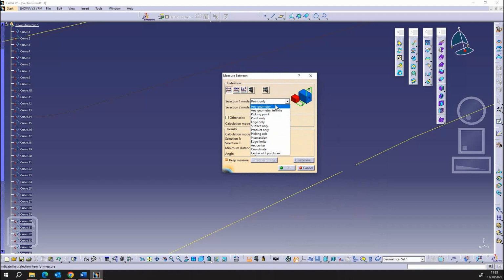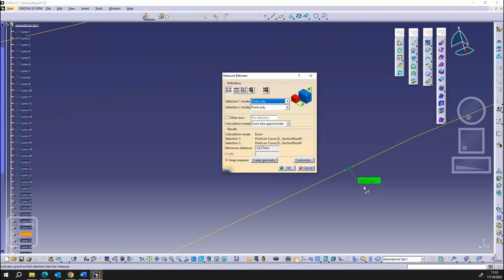So make sure this usually is on any geometry. Go to points only for the first one and the second one. So we can easily select this, select this. And we see that the distance between both of them is 5.617 millimeters. However, say you want to measure